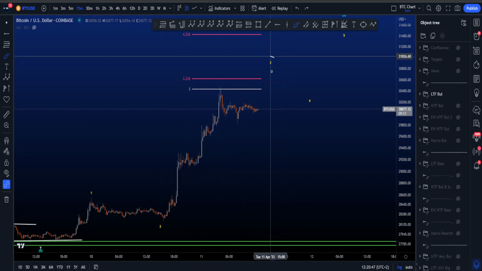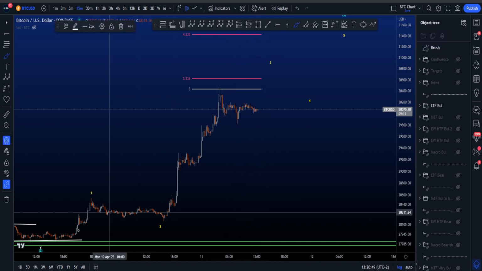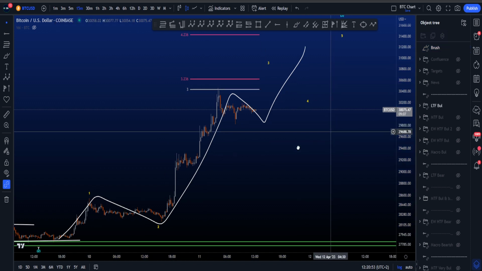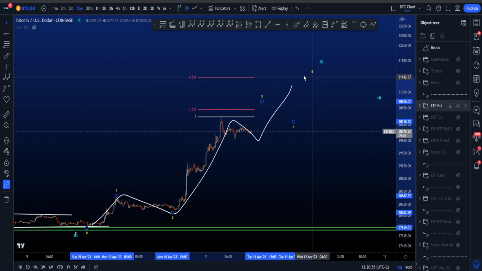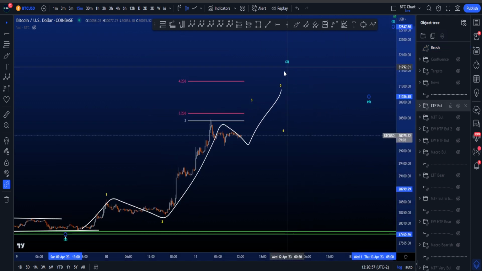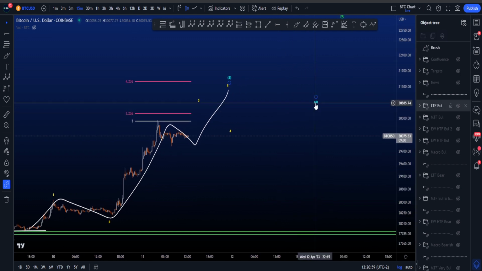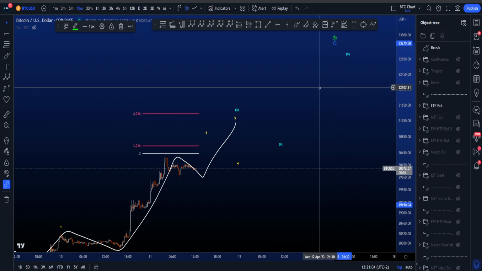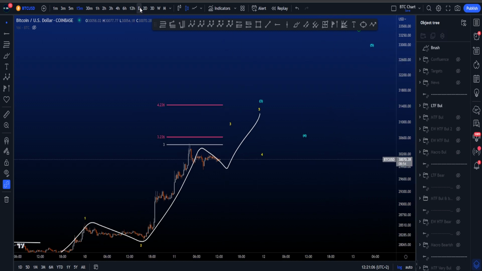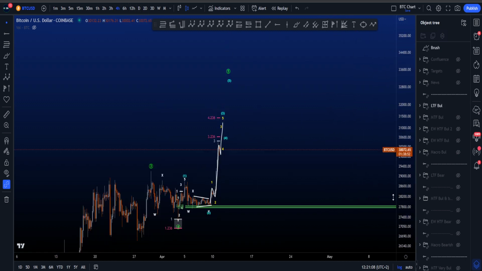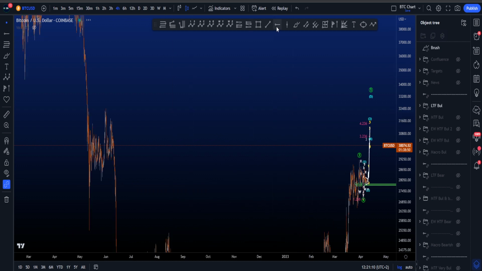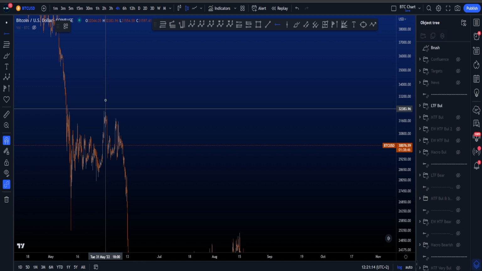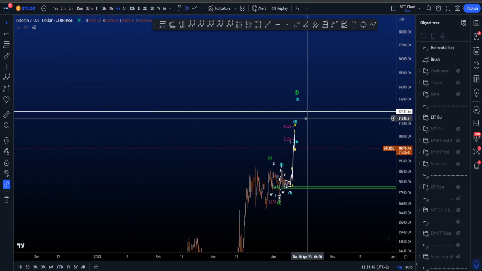So that would be then the end of wave 3. Now currently in a 4, which then is a 1, 2, 3, 4, 5. But then the 5 I am talking about is going to be the yellow 5, which then is the blue 3. And then you get a blue 4 and then another blue 5 to eventually end the green 5. But as mentioned, what I would like to see and would like wave 3 to do is to actually grab this high over here. So if we use this high, there we go, and we actually zoom in once